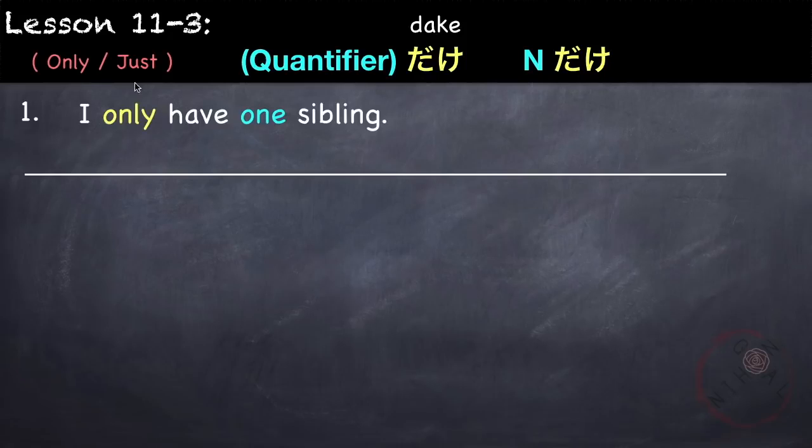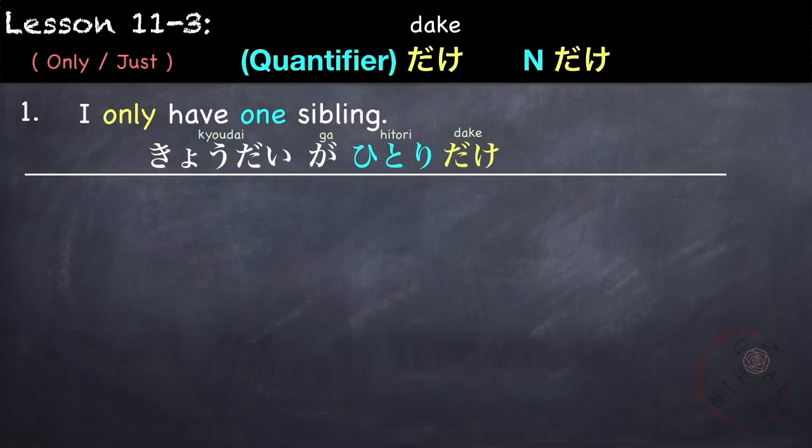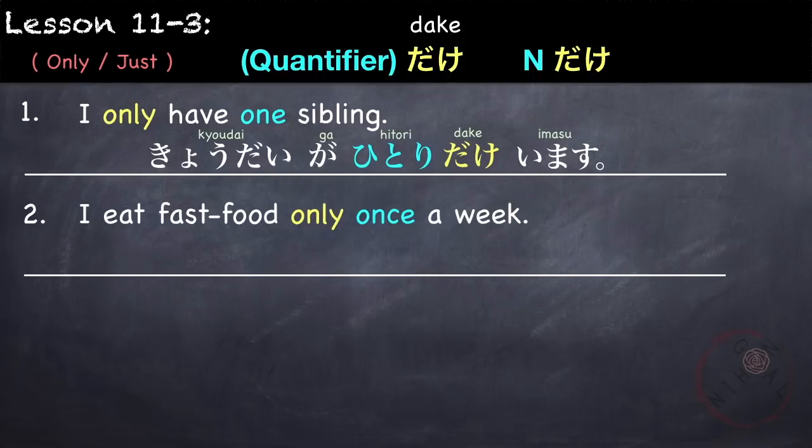For example, I only have 1 sibling. Sibling is 兄弟. 兄弟が, 1 is 1人, followed by only, 1人だけいます。兄弟が1人だけいます。